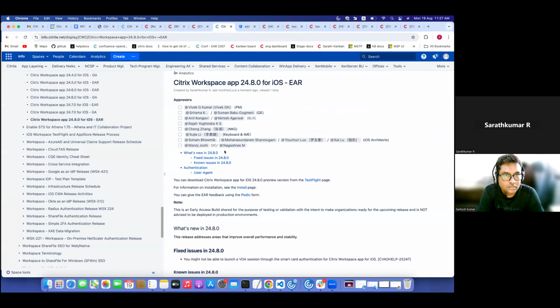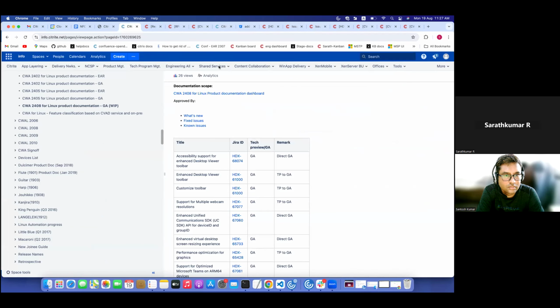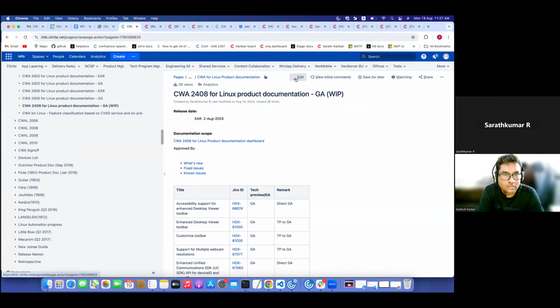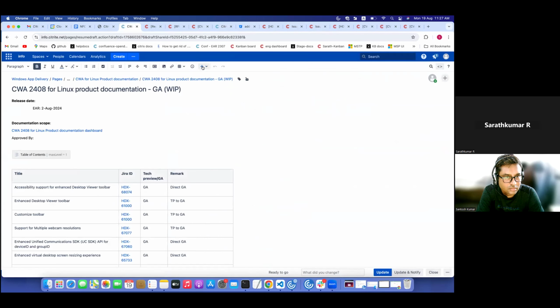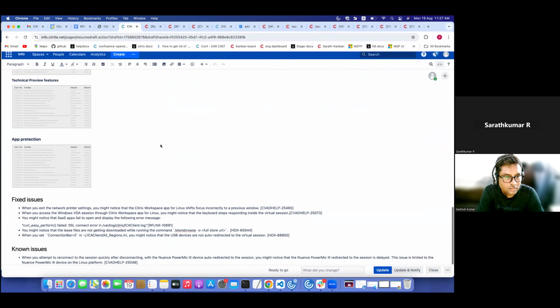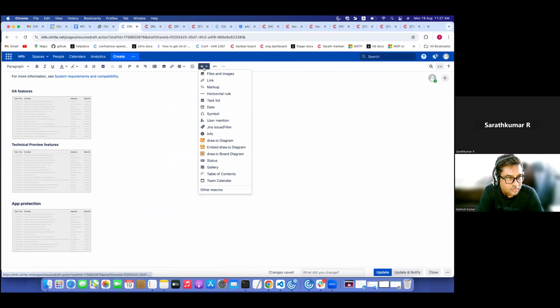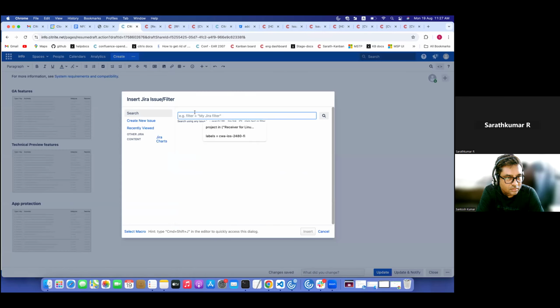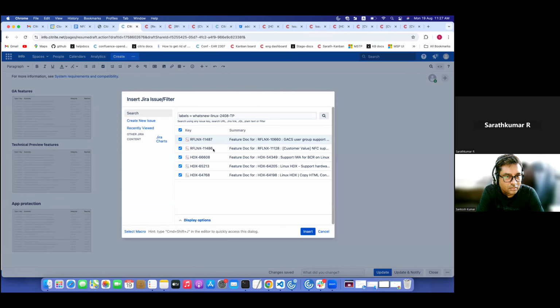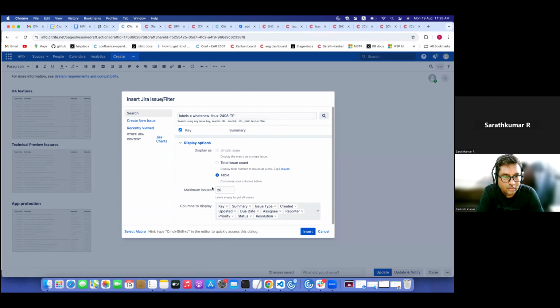So how to insert this filter in the Confluence pages? You have to click Edit, then keep your cursor somewhere. Click Jira issue or filter. Here you have to put the filter value, then click search. You will see the list of all values matching this filter. Then, under display options,